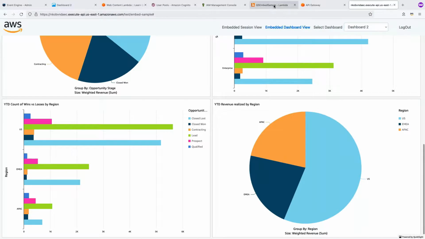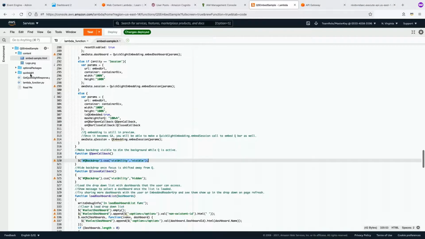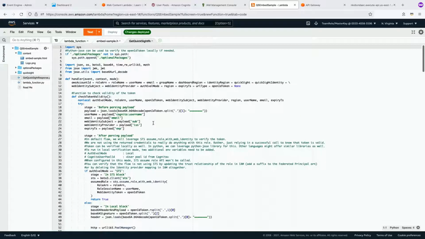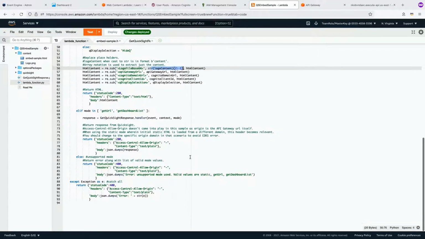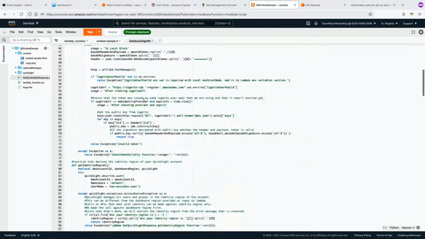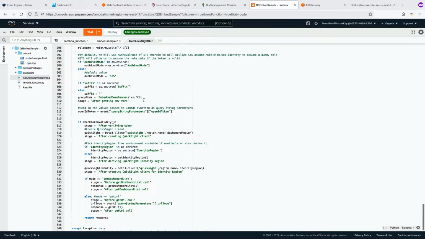And then the Lambda side of things, we'll quickly look at that as well. So in here, based on the subsequent API calls that are coming in, when it's coming in as get URL or get dashboard list, we are invoking this get QuickSight response handler, and that code is here. So in here, you can see at the bottom